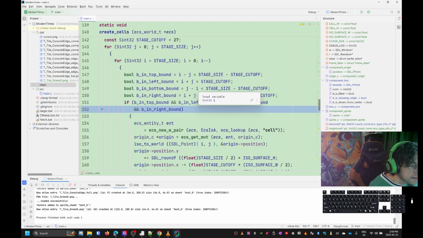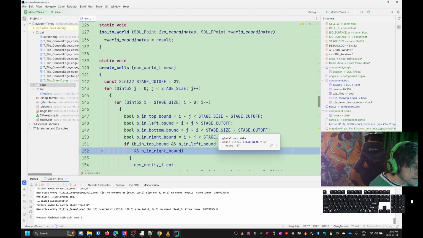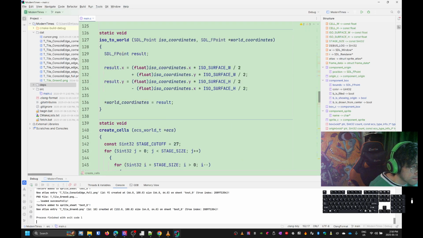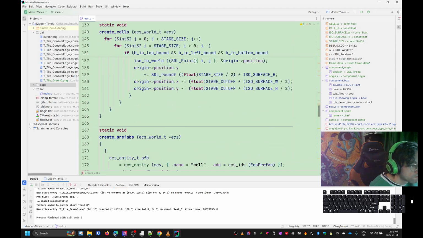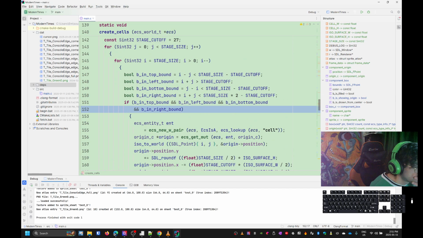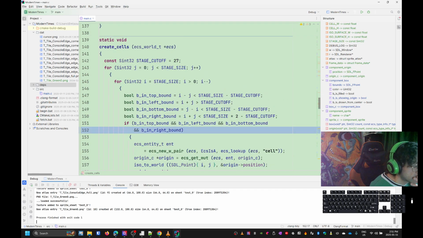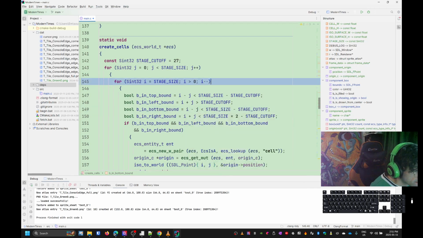I imagine so it's the bottom boundary that's not working, and it's also the only one that is inverted like that. If I set it like this, I minus j,